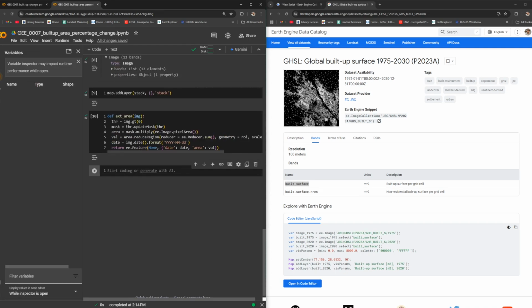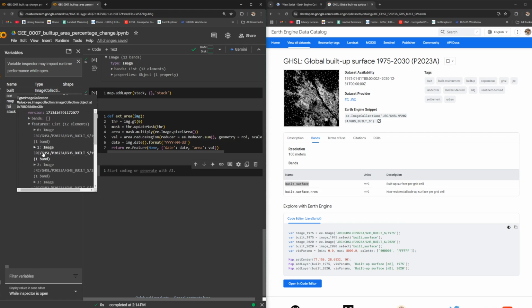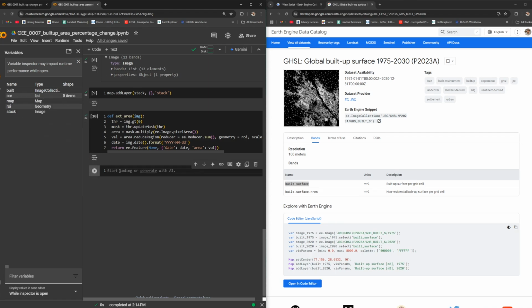If you click on variables here, you can see all the variables already created. If you keep your mouse on the name of each variable here, you can have a preview of the data structure. That could be very beneficial to know which one of the variables should be used in the next step. So here we need to apply the extract area on